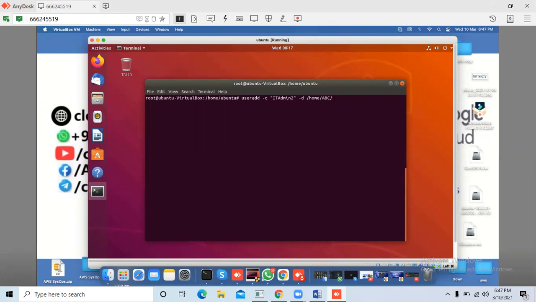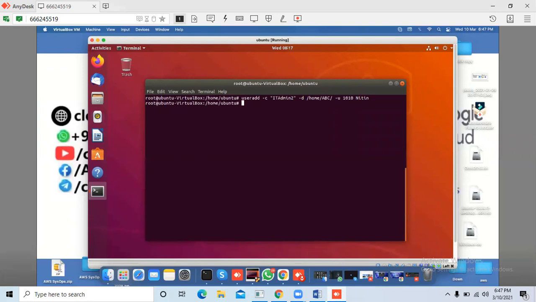And -u for the UID. I set the UID like 1010, and the username is Nitin. Hit enter. Our user is created with a custom UID and a custom default directory, and the comment is IT admin 2.